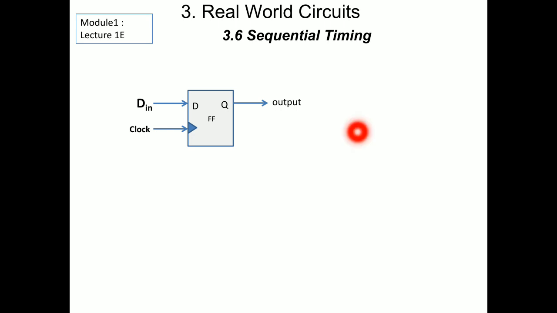But what is the thing to be known? What is the special thing to be known? We all know that when we describe the design, it will be in an ideal way. Ideal design means it's not a real design, it is not implemented on any board, it is not made into a product. In the ideal case we will be getting ideal waveforms, without any delay. But in real world circuits, when we implement and use this flip flop, there will be a delay in getting the output. As soon as we press the button of any device, we will not get the output instantly.